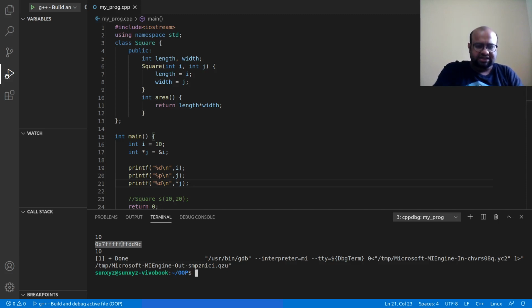This address is stored in j, this is the address of I. What is there in this address? This 10 is there in this address, so that is being printed here.